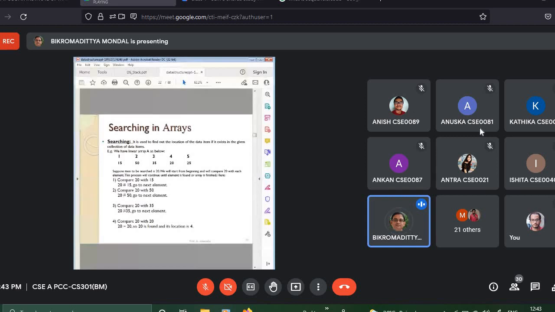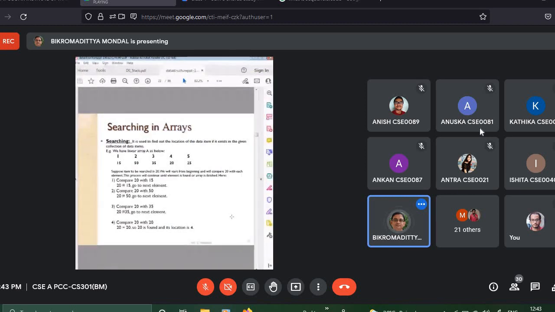Okay, so who can write a program or algorithm for that? In Python, the code will be very minimal, or you can do it easily. But if you want to do it in C, or if you write an algorithm, then is it possible? Yes, sir, it is possible. Yes, possible. So try at home that you can remove the duplicates.